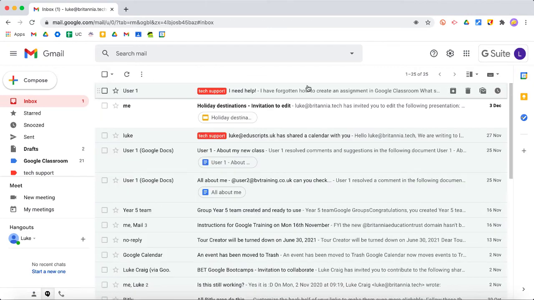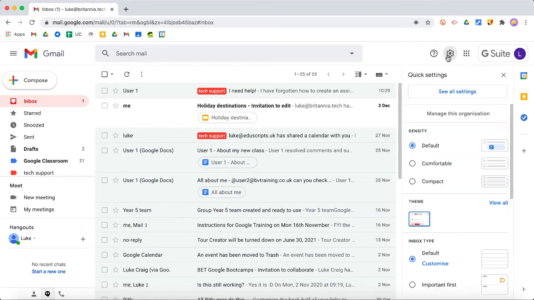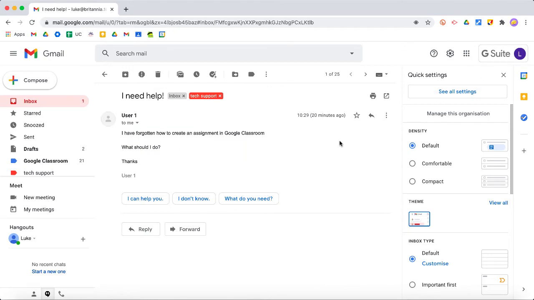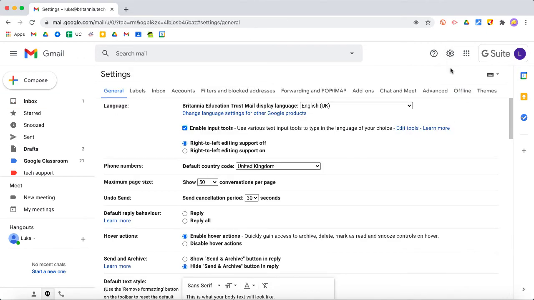So undo send is really useful. Another useful feature is to send a template reply. So if I get lots of requests like this, and I find myself writing the same emails and typing them out again and again, there's a way you can create some templates and really easily send those as replies or straight to people. Again, you have to go to the settings and all settings,